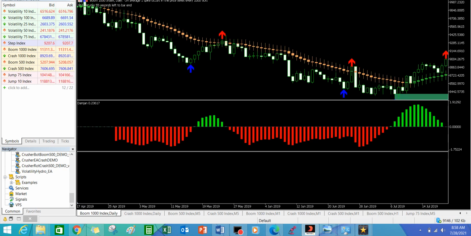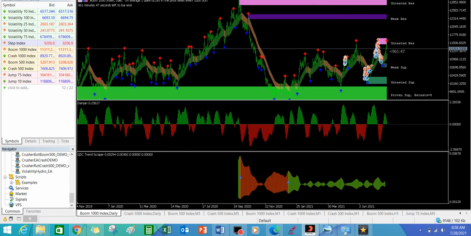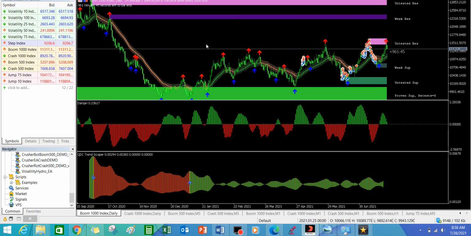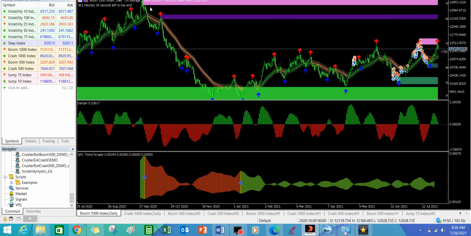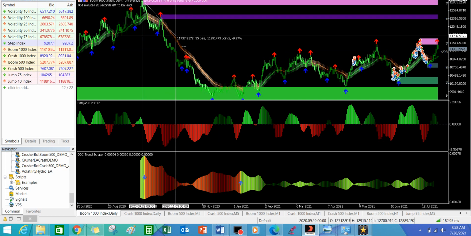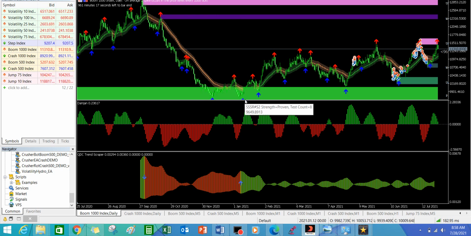Let's go back to day one because I want to show you what the market movement is all about so that you will understand how to go about it. Let me zoom it out a bit. Okay, guys, since each of the candles on this chart represents 1 day, you can see the market movement from here. You can see the downtrend right from here to this level, which means within this region to this region the market was just going on a downtrend.